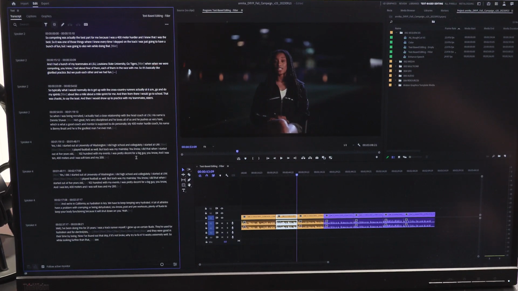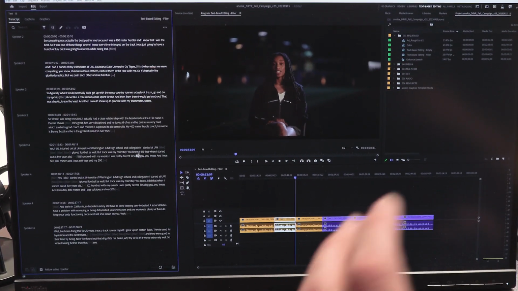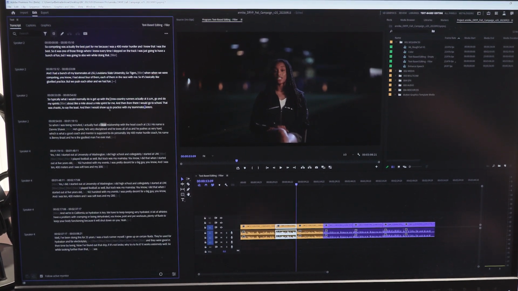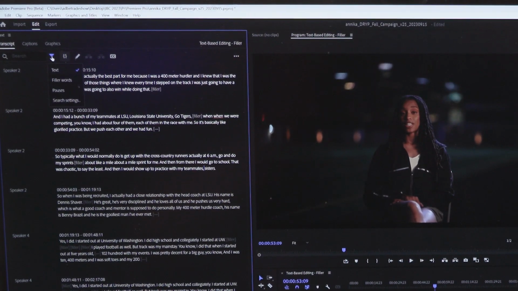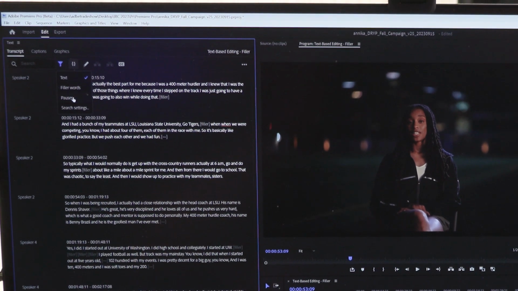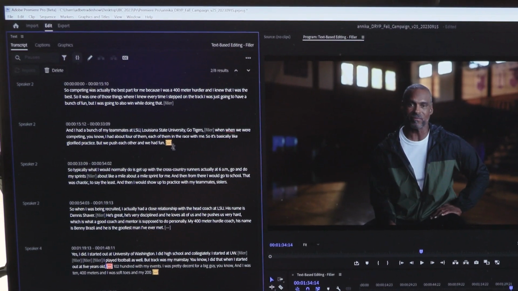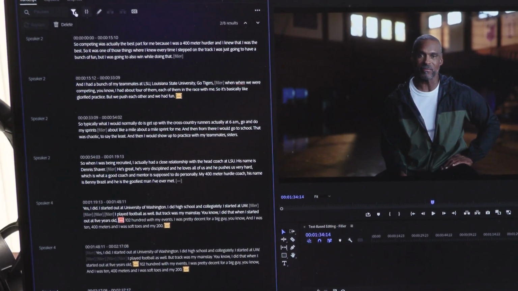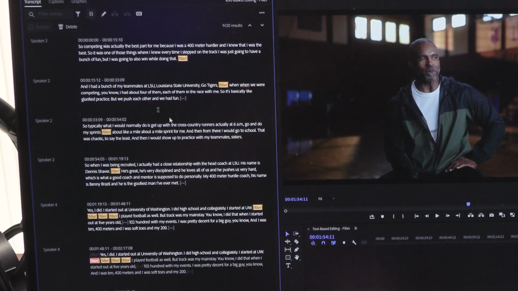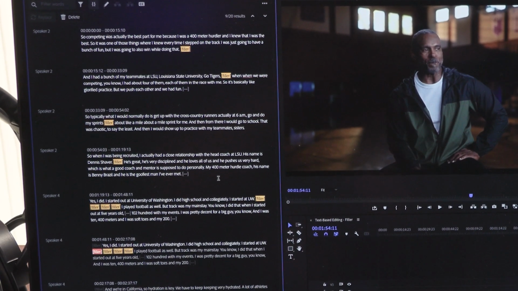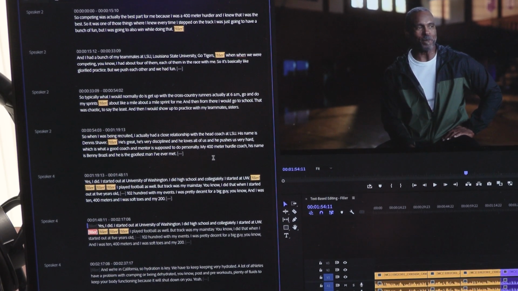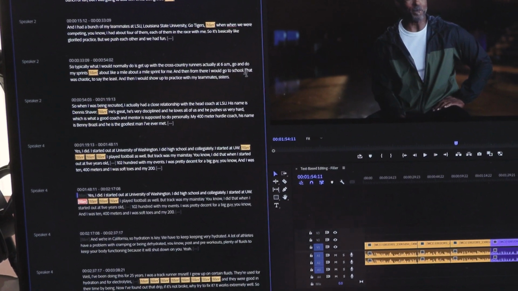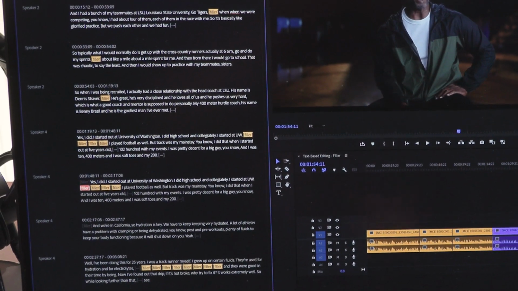We released this back in April, but we have some enhancements that we'd like to show today, which are going to make it way more convenient. So we have now the ability to filter for things like pauses, and those show up here as all of these three little dots. But we can also find filler words. And a filler word is anything like a um, uh, those kind of things that plague most interviews. And we can not only find them, we can remove them all at once.